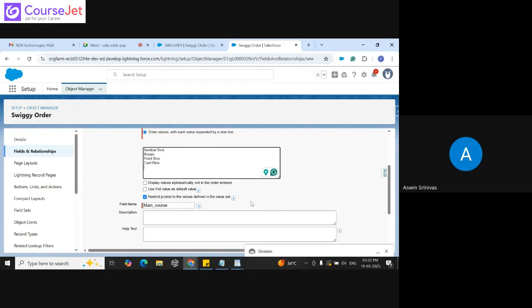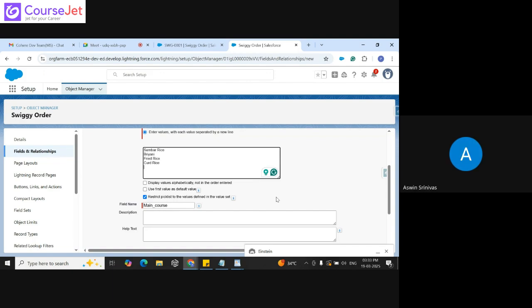What does it mean? There is some global picklist, so we are restricting that, right? No, there is no relationship between global and this last checkbox. If you check this checkbox, as I said, the admin is a half developer. So if he checks this, developers or anyone can add values from other areas to the picklist, or from the coding, from the development. In order to avoid that,